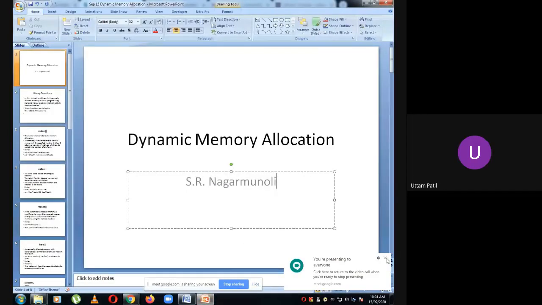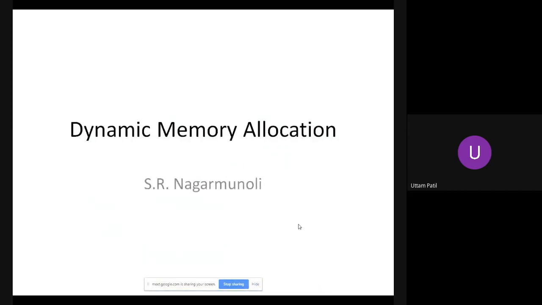So today let's learn dynamic memory allocation. Then there was a doubt about one program on structures. I'll be explaining that to you. So what is dynamic memory allocation is what we have to understand first. Whenever you write any program, for all the variables you use in your program, memory has to be allocated. Is that right?